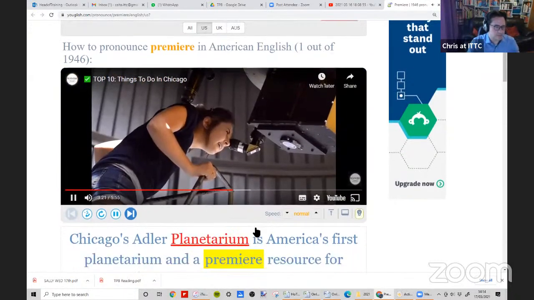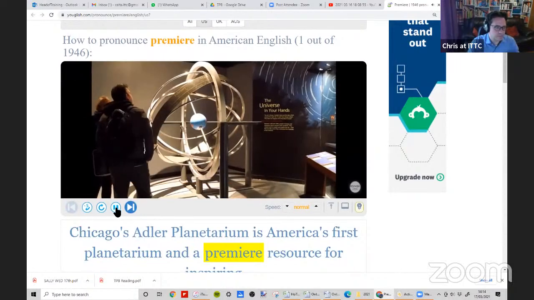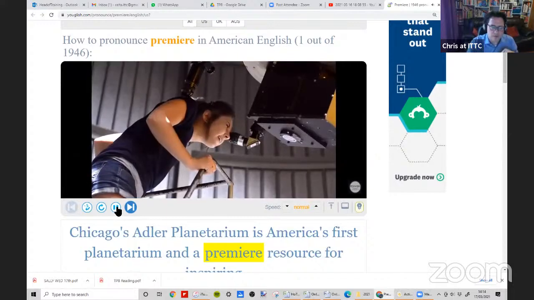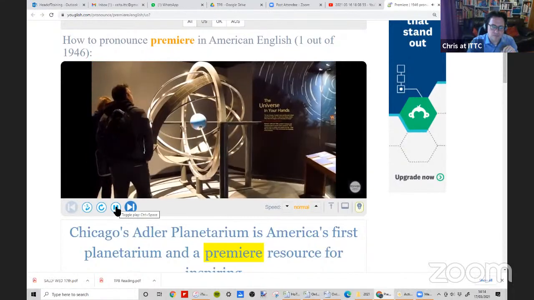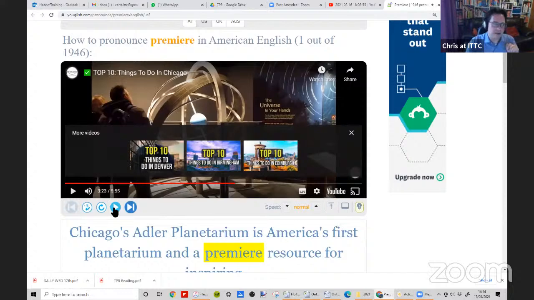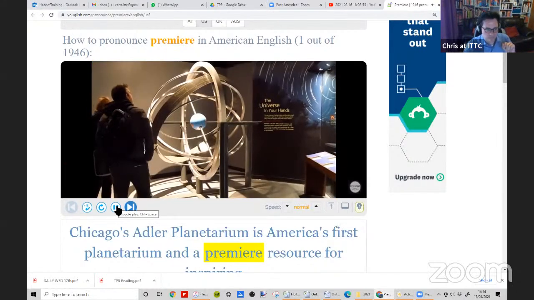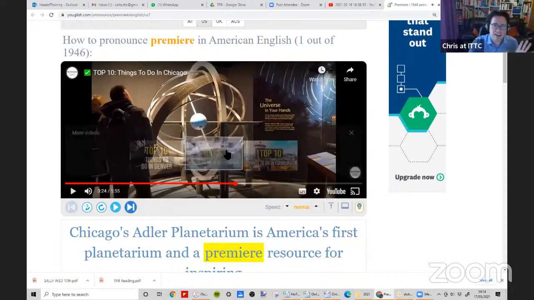Adler Planetarium is America's first planetarium and a premier resource for inspiring the next generation of Adler Planetarium is America's first planetarium and a premier Premiere. Adler Planetarium is America's first planetarium and a premier